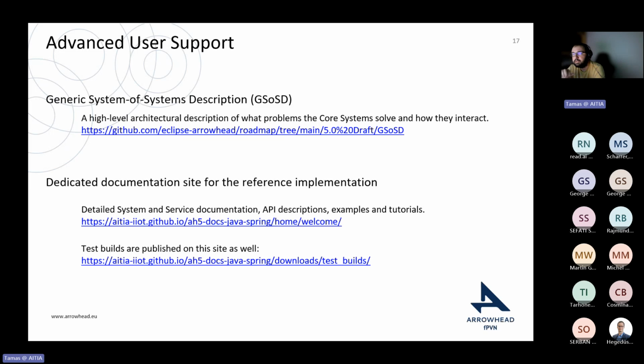And yeah, as I said, last but not least, we have this aim that we would like to provide a higher level of user support. So the board has created this generic system of system description, which is a high level